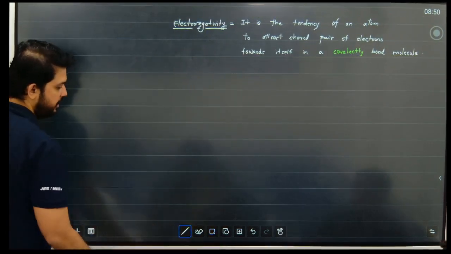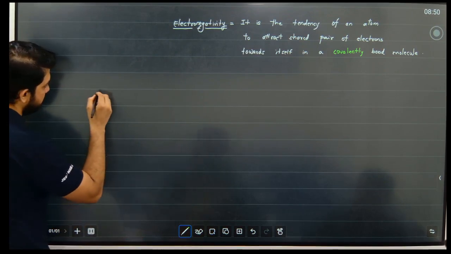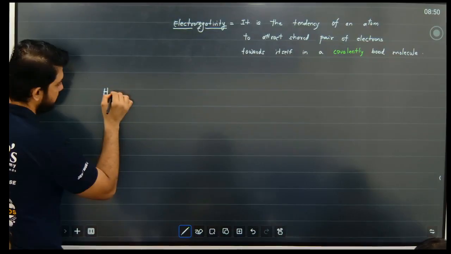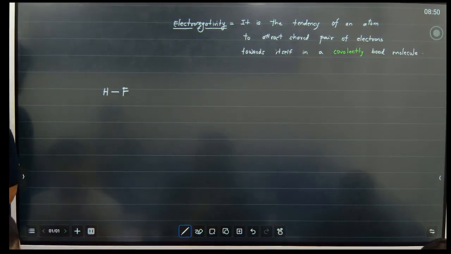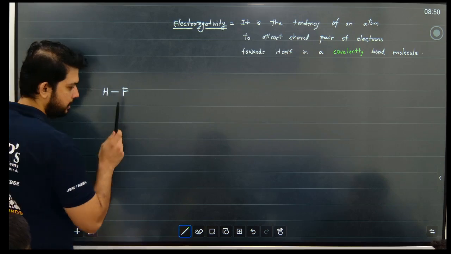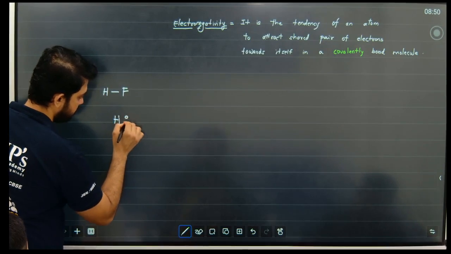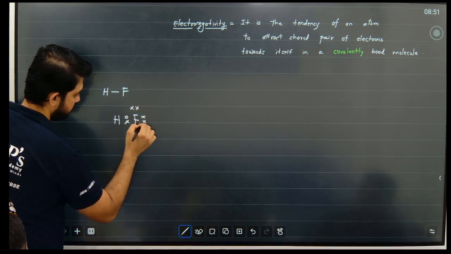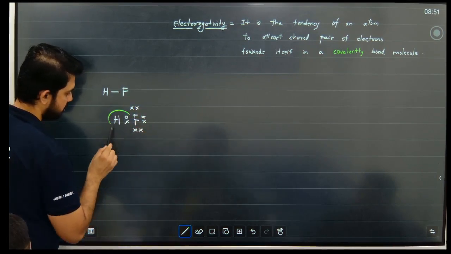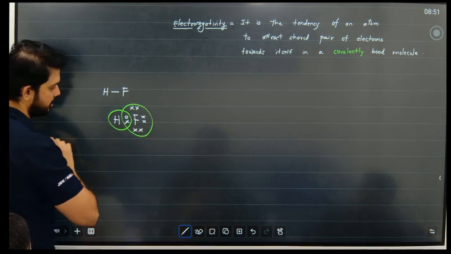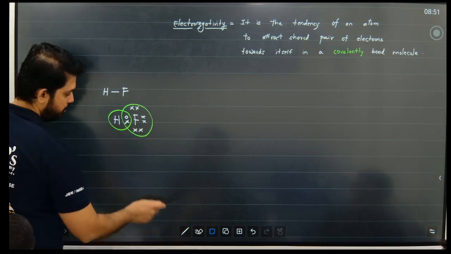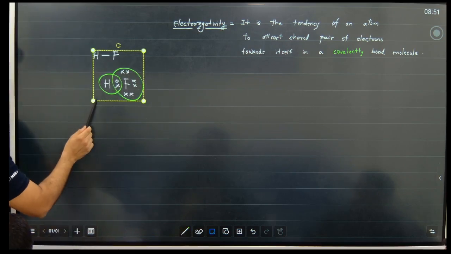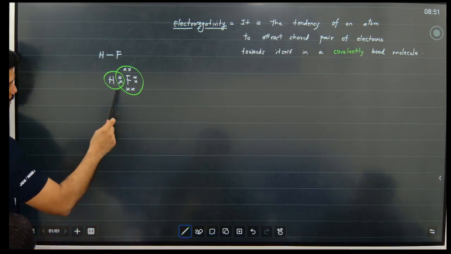So let us assume that people, we have a bond between, let's say like hydrogen and fluorine. ऐसा एक HF bond है. It's a single covalent bond. A single bond मतलब there are two electrons. So usually हम ऐसे बनाते हैं या 10th standard पे कुछ ऐसे बनाते हैं आप लोग, like something like this, ऐसा. Yes or no? ठीक है. But what really happens here is, वो जो electron pair होता है ना, it is not exactly in